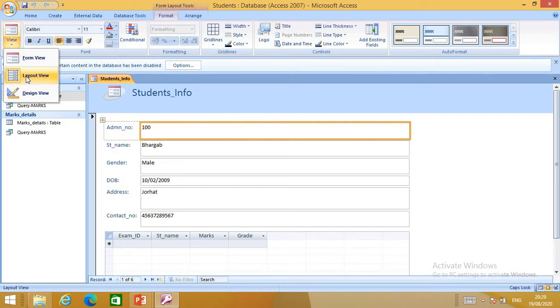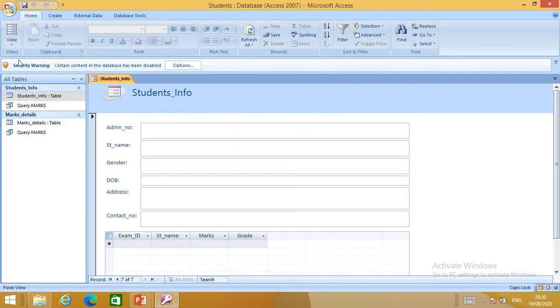So for entering the data, first you go here, new blank record. You click here. Now this is blank. Now see, you cannot enter any record here. So next you go to the view option, then click on form view. Okay, now you enter the admin number. Say I have entered 1367.